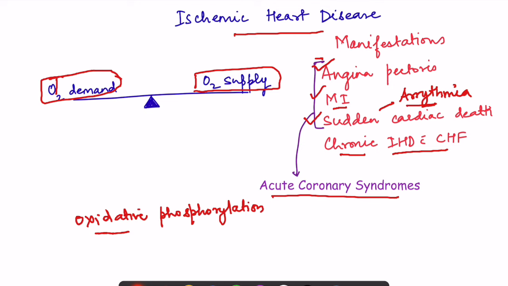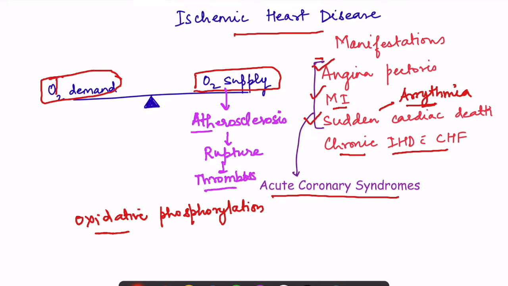The causes of these manifestations can be a decrease in oxygen supply, as I told you before. The most common cause of decrease in oxygen supply is the blockage of the coronary arteries by atherosclerosis. So there is an ongoing process of atherosclerosis which may occur over a period of years. And then because of some insult to this atherosclerotic plaque, maybe some hemodynamic disturbances occurring, this plaque, if it is vulnerable, will rupture. This rupture in turn will lead to initiation of thrombus formation. And when this thrombus is formed, there is a sudden occlusion of the artery,